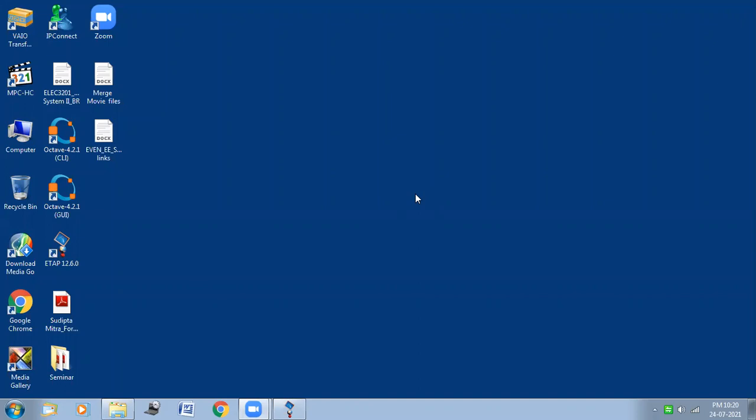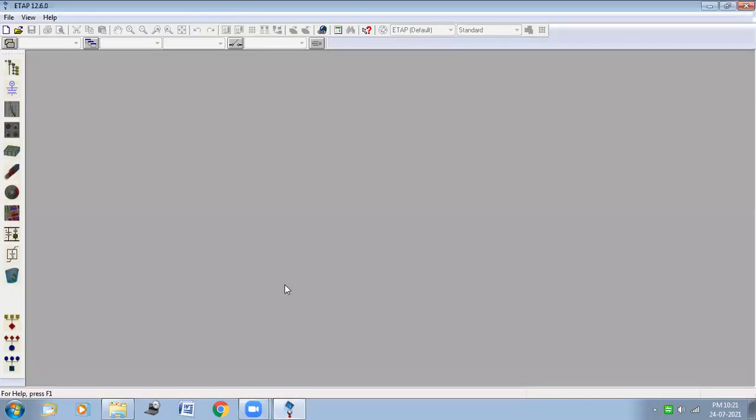Hello students, today we are going to perform one simulation experiment on under voltage protection scheme. For this simulation, we are going to use simulation software, that is ETAP 12.6.0. First of all you have to double click on this icon, then it will open